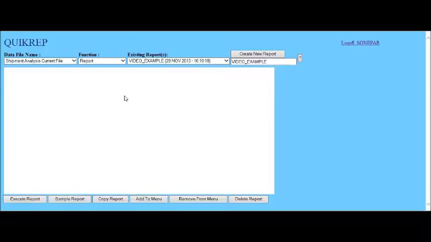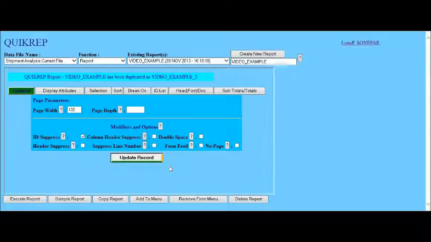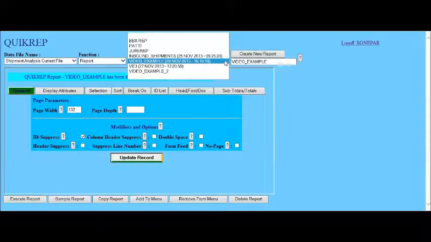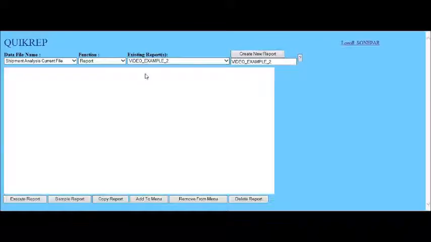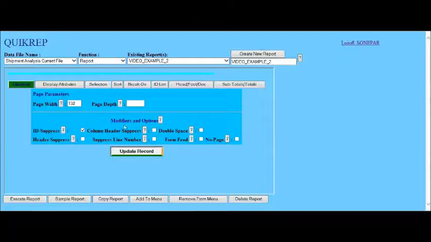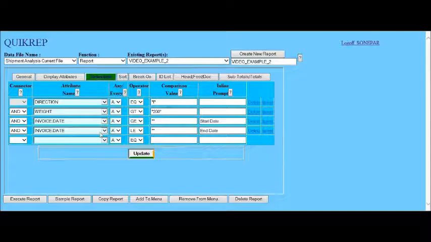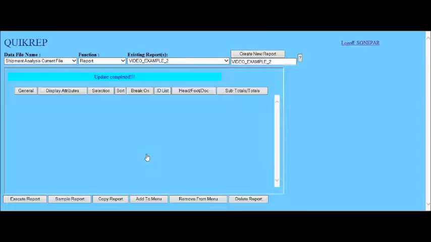put a little slightly different name at least, or whatever name you want in there, and click it, and it will create this report. Okay, now we're still on the report that we've been working on here, video example. So if we want to change it to that one, we can go up here and select that one. Now we can change this report. For example, if we wanted to do a slightly different selection, if we wanted to do outbound shipments instead of inbound shipments, and then update that record, then